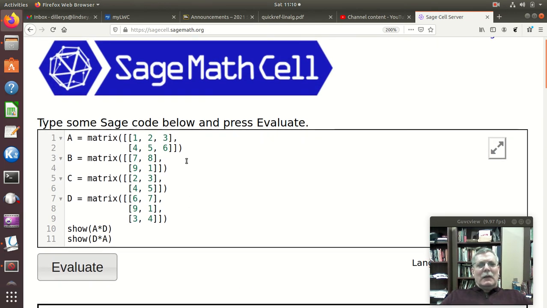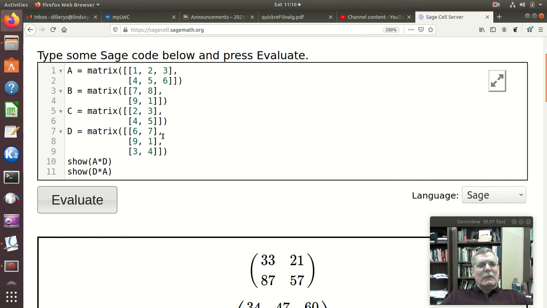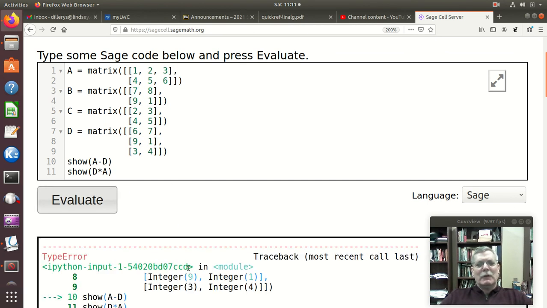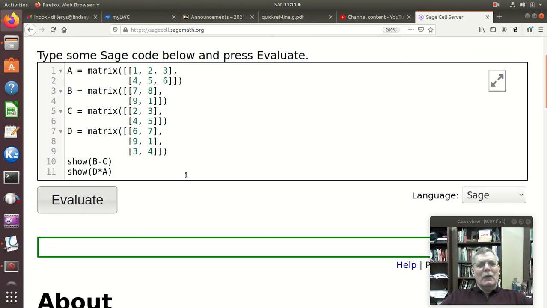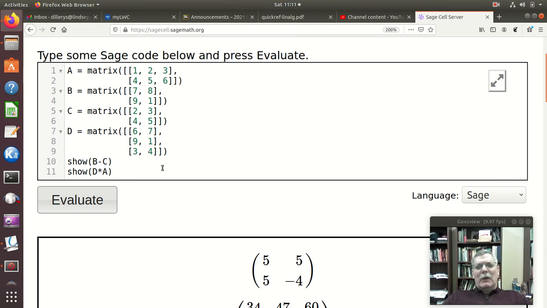Okay, and I think those are addition. We could have done subtraction here. Well, we can't do A minus D. If I try to do A minus D, they're different sizes, so I'll get an error. Sure enough, I did. So let's try B minus C, since they are the same size. And there we go. So we could do B minus C, and so subtraction works just fine. We did scalar multiplication, and